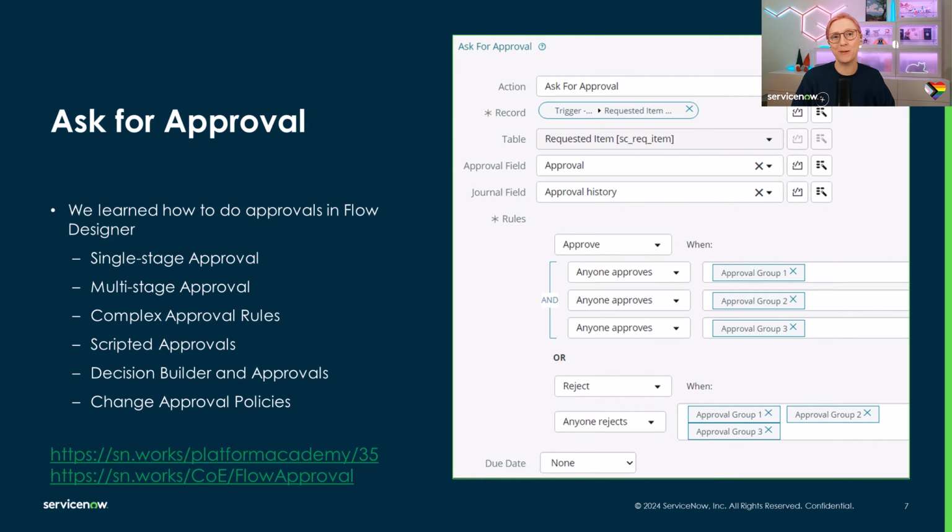In April, Andrew Barnes and I ran a session covering all things approvals and flows. The ask for approval action in Flow Designer can do much more than most people realize, allowing developers to build even complex approval rules, asking for approvals from different stakeholders, percentages of replies, and veto rejections. We covered the changes made to the action to allow for multi-stage sequential approvals, and a workaround to enable approvals